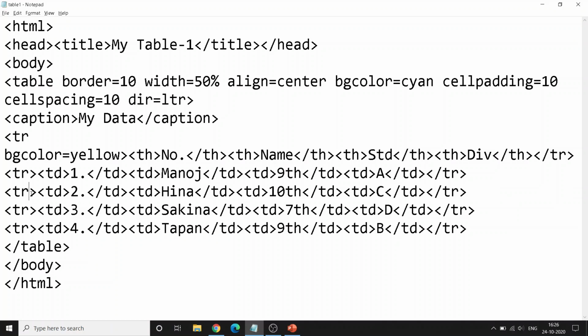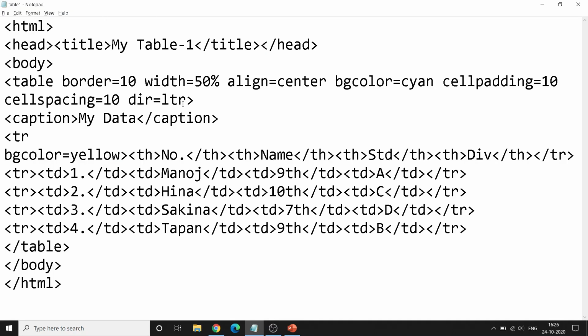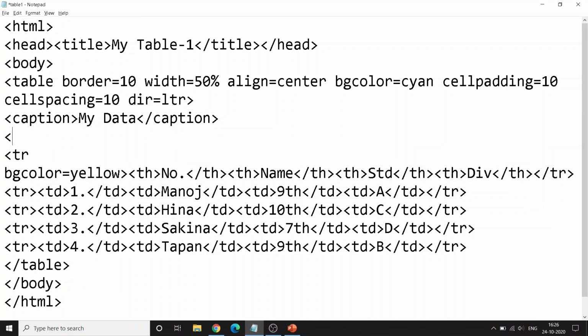Now what I want is in this table, I want first row as the heading which is spread over the entire table. I want first row as the heading of the table, inner heading. So for that I introduce one row after caption. I say tr, table heading, and if I say my school name, slash table heading and slash tr.